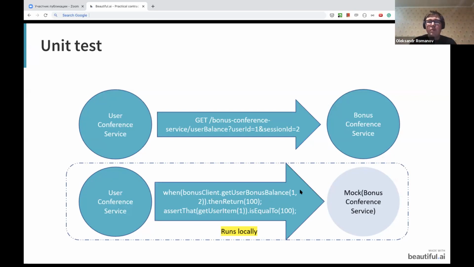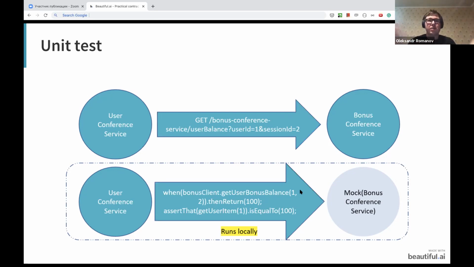And perhaps the integration between the services is broken, because while we implemented the unit test on the user service, assuming that bonus will respond with 100, an integer value or whatever, in fact, the bonus service developers can change any API, any value or any format, and deploy an updated version also to the testing environment. And then we have an integration issue. In the end, unit tests provide quick value,